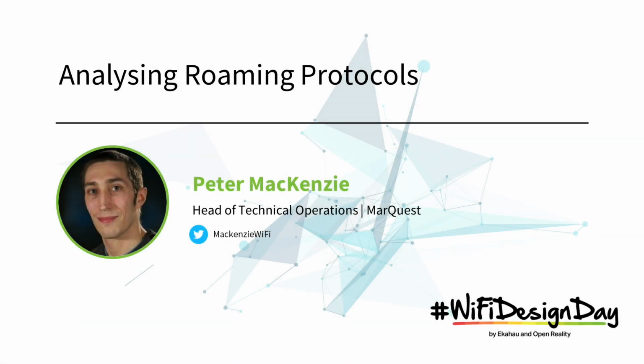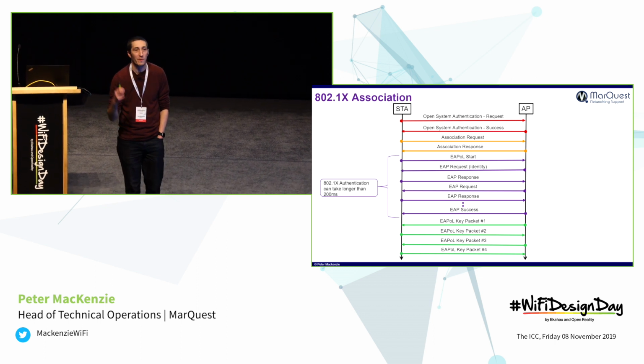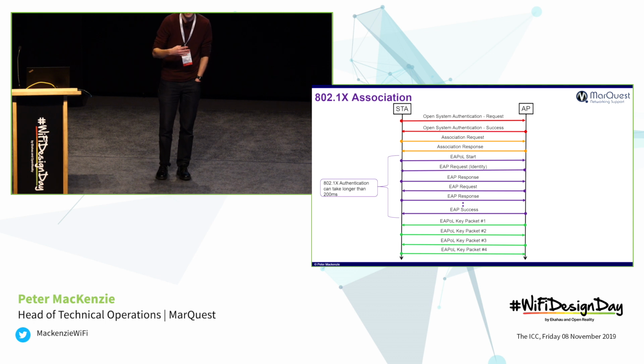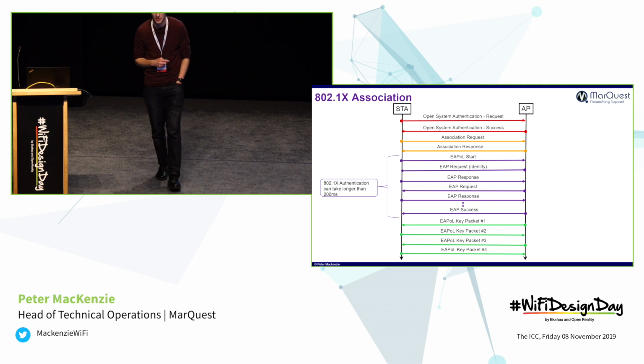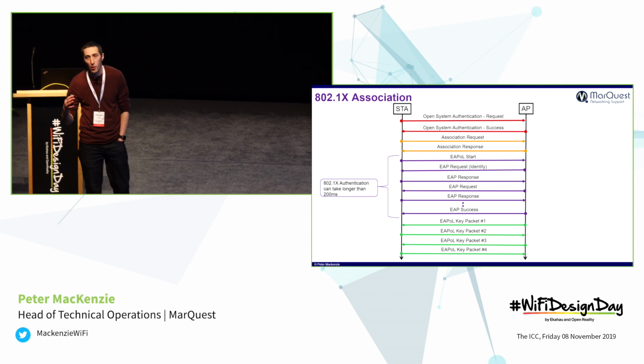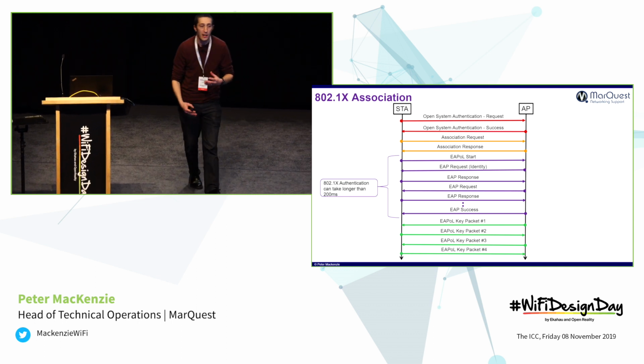I want to talk about roaming. But I want to talk specifically about what we call fast secure roaming. So roaming, when we have an 802.1x association to an AP. That's what we're going to talk about. So before we talk about roaming from one BSS to another, one AP to another, I want to just review